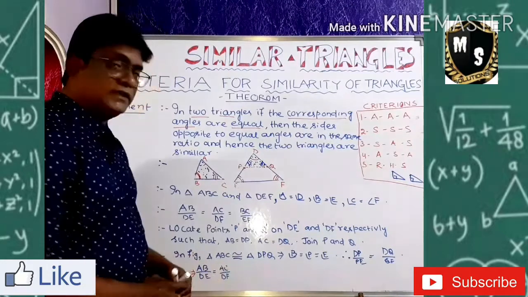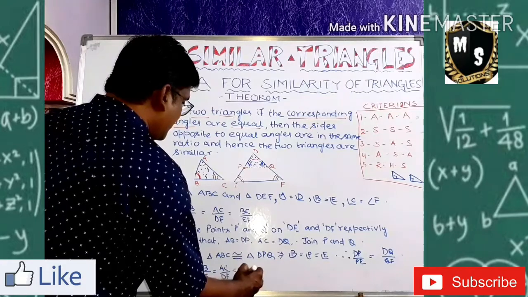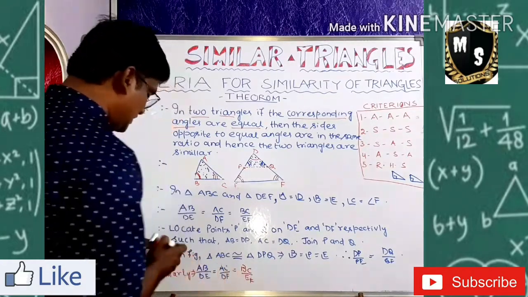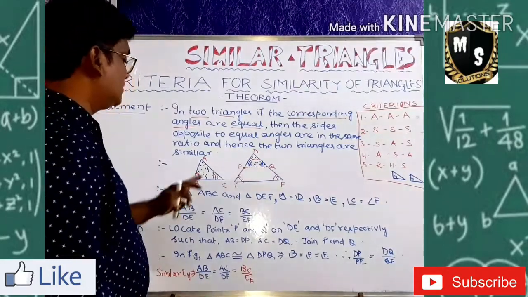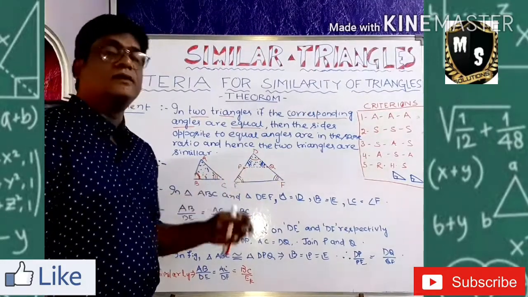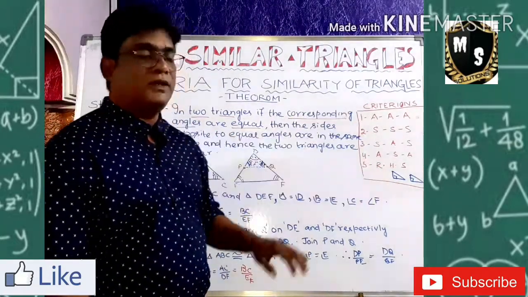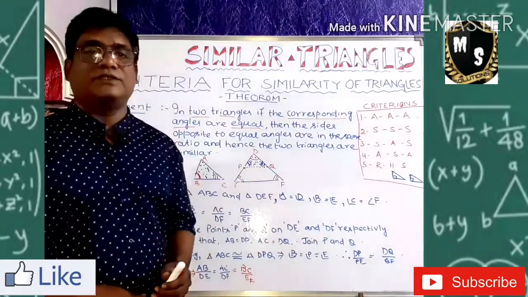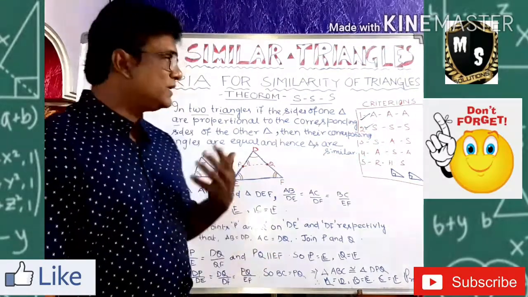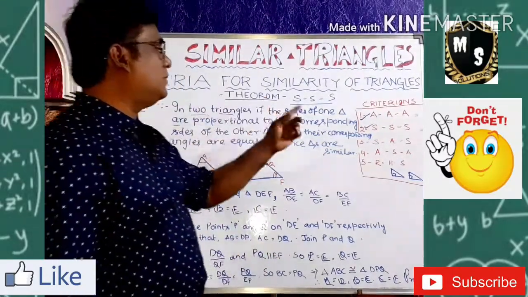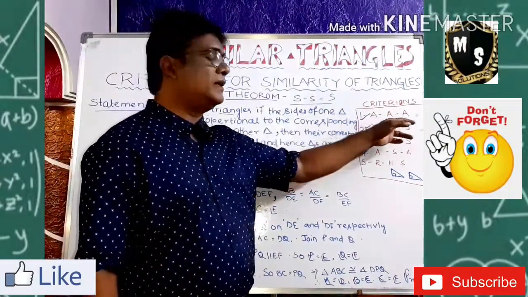Okay. We can prove like this. If it is coming like that, you can write here equal to BC by EF. Now the sides came under ratio. If the sides are coming under ratio, compulsorily these two big triangles are similar. I hope you understood it. These are the criteria. Try to remember and practice them nicely, by which you can do it nicely. Now come to the next part. Next part is the next theorem. Just before, I told you about the angle criterion.